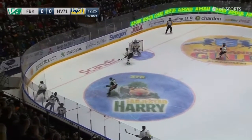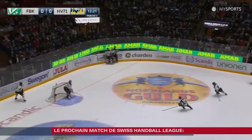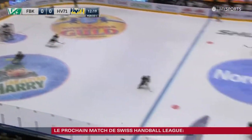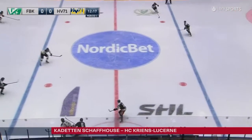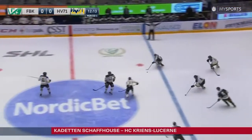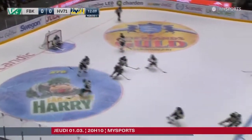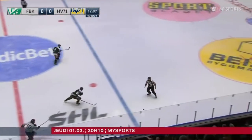Oskar Steen forcing this one in deep. Going away with it, however, is Stefan Elliott as he throws it back to the person who throws it up the ice. Now Warren into the offensive zone as that one is taken away by Nielsen. Nielsen into the offensive zone, making moves, gives it up, however, to Stefan Elliott, who throws it back towards the